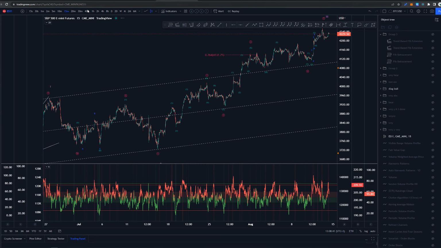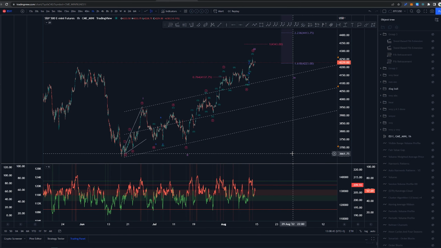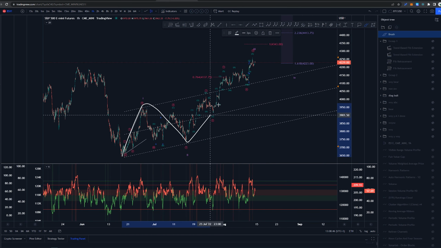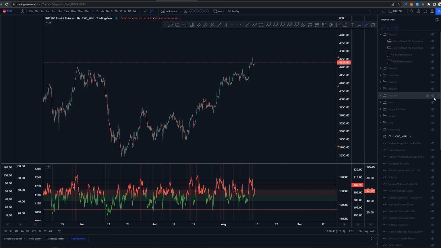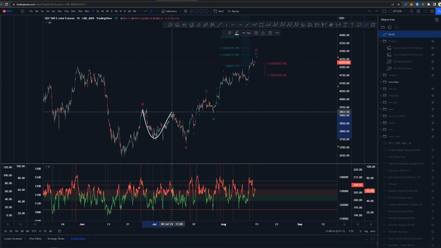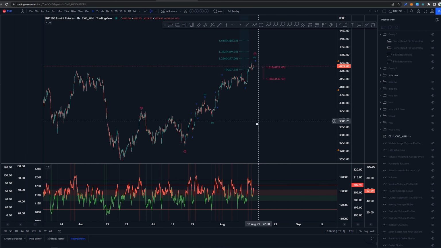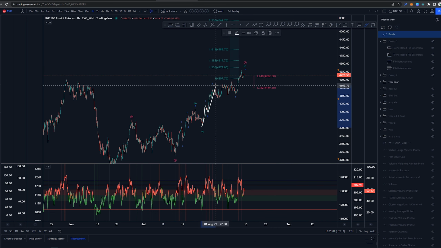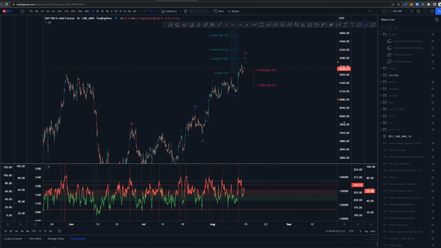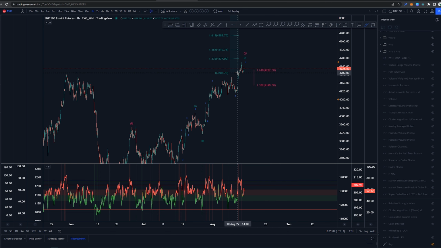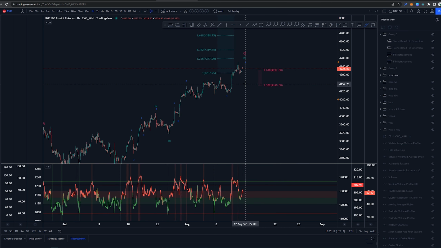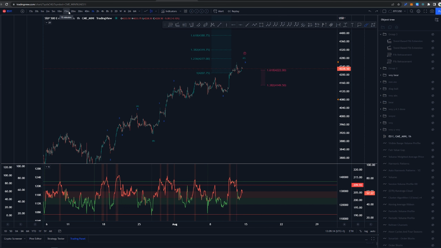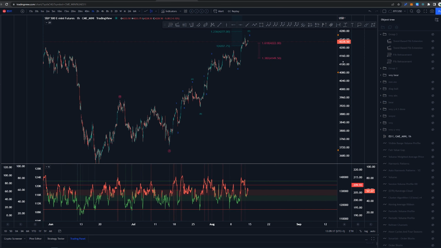Now, since yesterday we did talk about this scenario, but before getting too much into this current structure, let's take a look at the bearish idea. The bearish idea again was pretty much the same. Either we had this as an ABC, or we could have it labeled as a WXY as well, having this as an ABC here, and then A, B and C here. Again, a very wonky looking 5-wave structure here as a 1, 2, 3, 4 and 5, but again it is still possible and legal and valid. Here on the higher time frame we did have that divergence in price, so that would make it good. So overall that is the bearish idea as well.